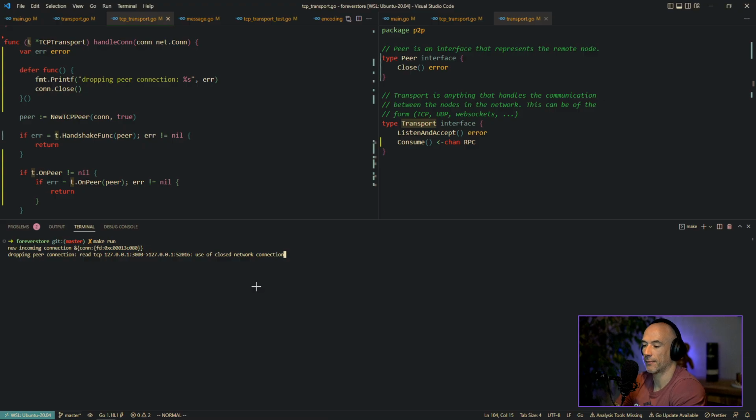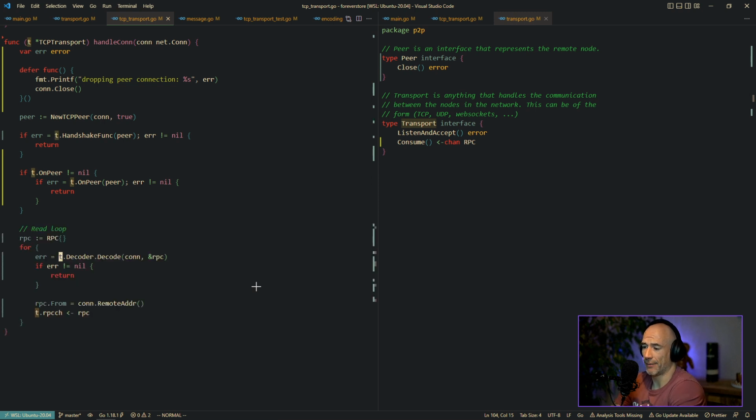Right. And now it works, right? Now we have dropping a peer because we have a use of closed network connection. I think there should be a way so we can assert this specific error, so we only drop the peer if it's that error, instead of just a normal error, actually. Another error, for example, a decode error or something, right? But hey, I think we need to figure it out soon. I will check out how we can do this. Maybe, I don't know. We can see. We're gonna make it work. It's not a big deal for now.